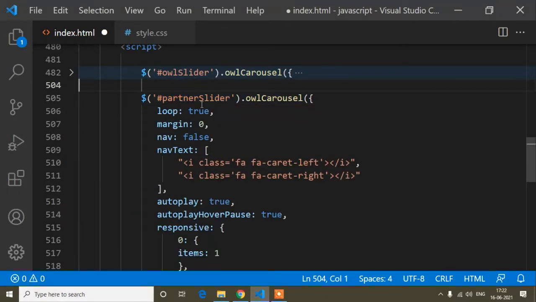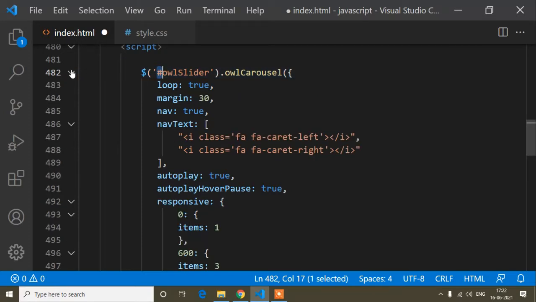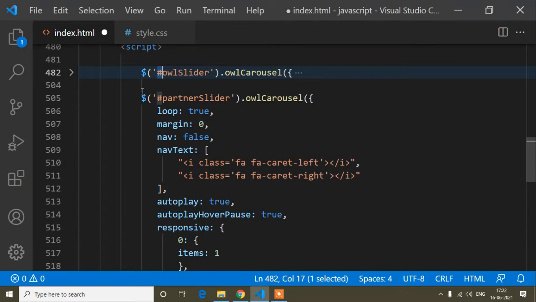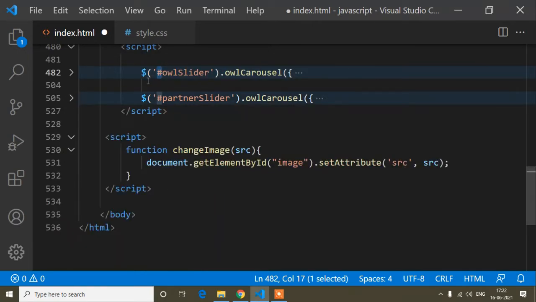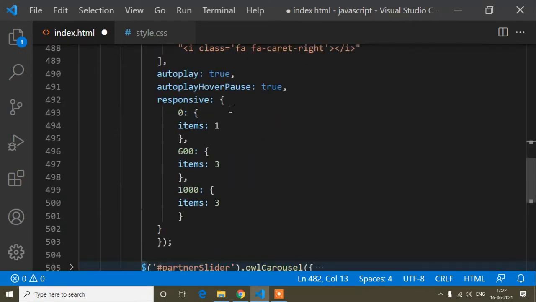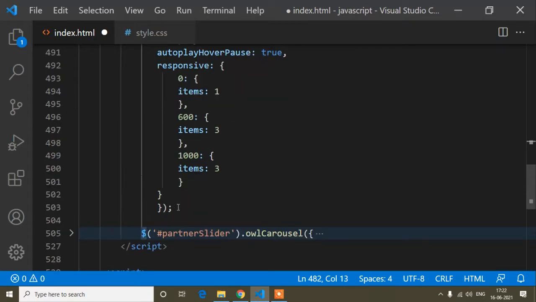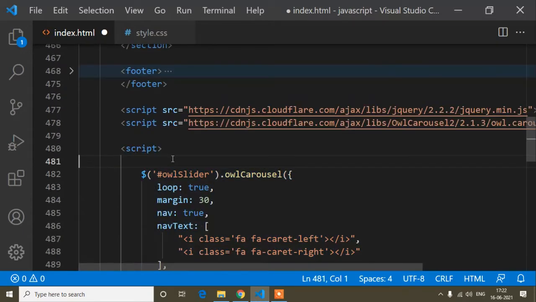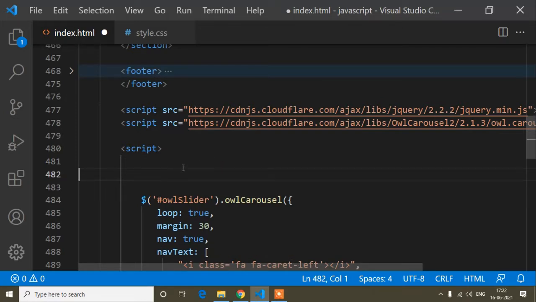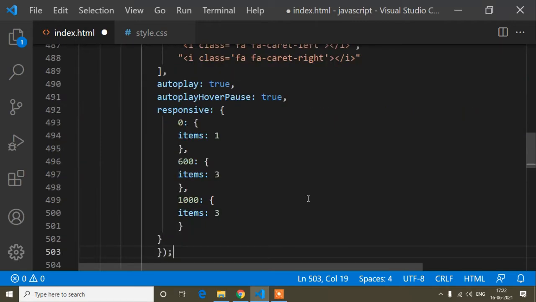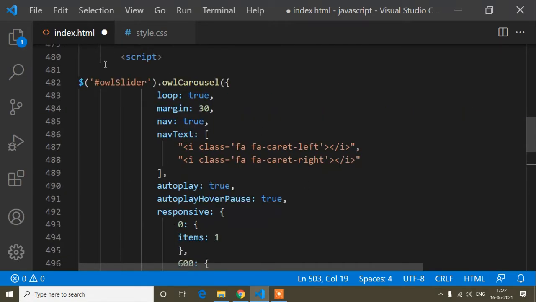Okay, and the ID must always be unique. Here you can see this one is the ID, so I have defined it using a hashtag. When I show you, it will be easy to understand. First of all you have to add the code from here. I will copy any of the code from here, and I will provide this code in the description also. I will copy from start to end, and place it here, above, because I will add this testimonial slider above all the design. That's why I will write the script tag above all the scripts. I hope this is also clear. And now this is done.